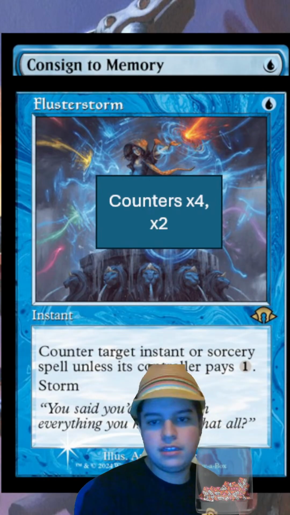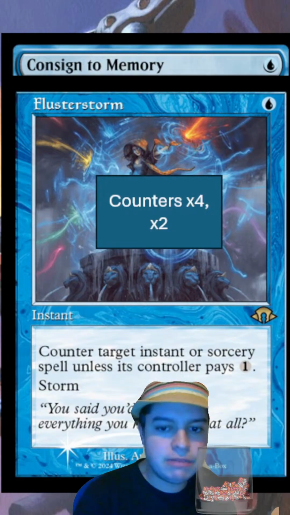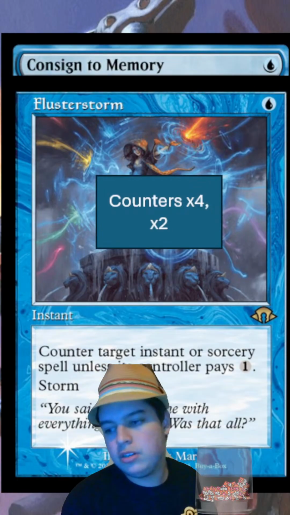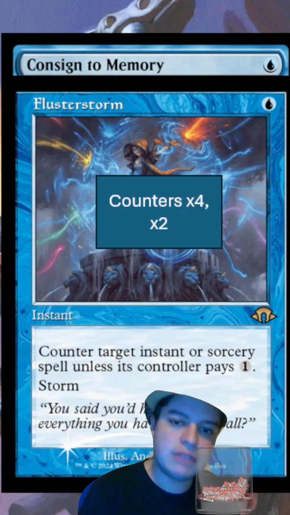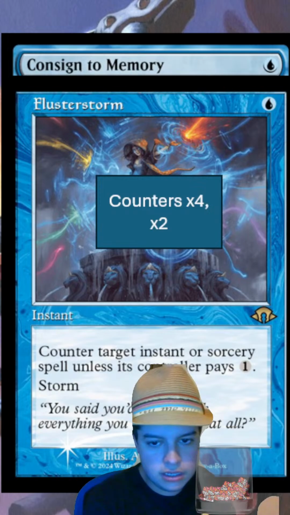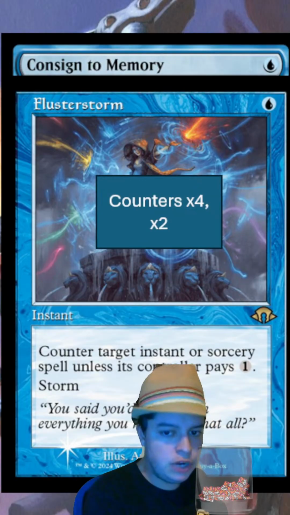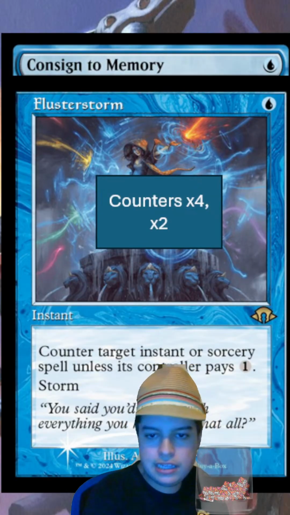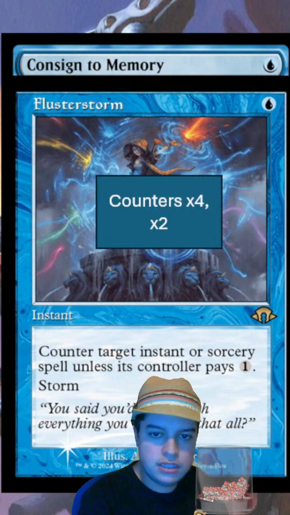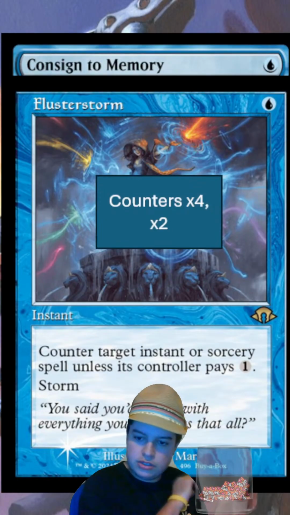But Flusterstorm allows you to counter the storm, counter Consign to Memory, because Consign to Memory allows you to replicate it to secure the spell, so the opponent has to counter multiple iterations of the same spell to stop it. Or it's just a really powerful Spell Pierce. So yeah, that's basically what you can do with Flusterstorm. Both of them are phenomenal counter spells, and of course they're used in the